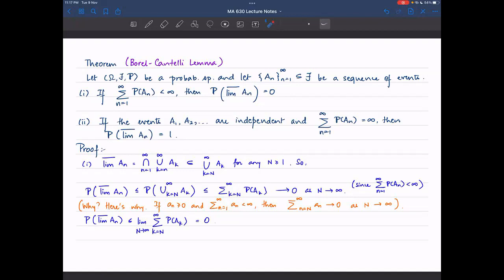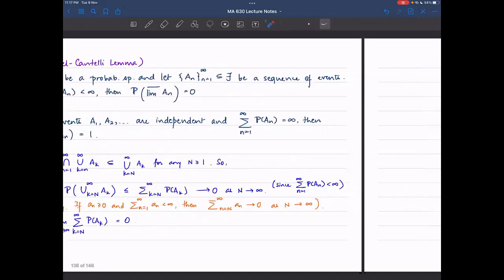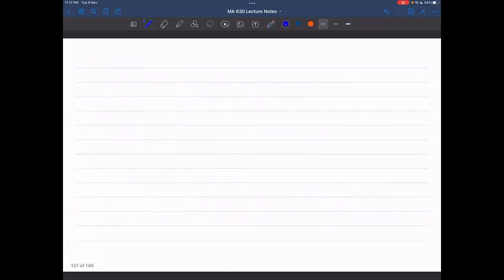So let me just start with a fact. This is a fact that we'll use in the Borel-Cantelli lemma. This fact I'm stating is really about calculus or real analysis, however you want to think of it. So here's a fact: for any x greater than or equal to 0, we have 1 minus x is less than or equal to e to the negative x.